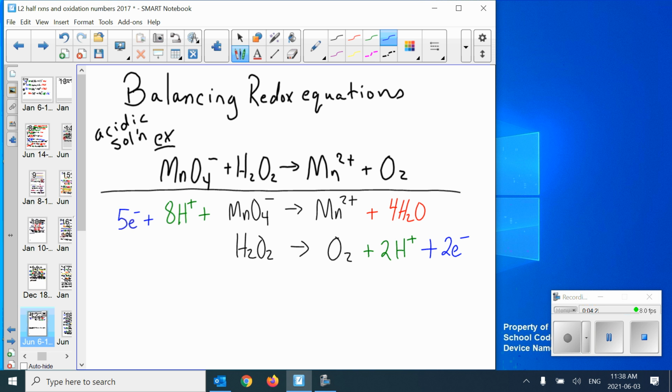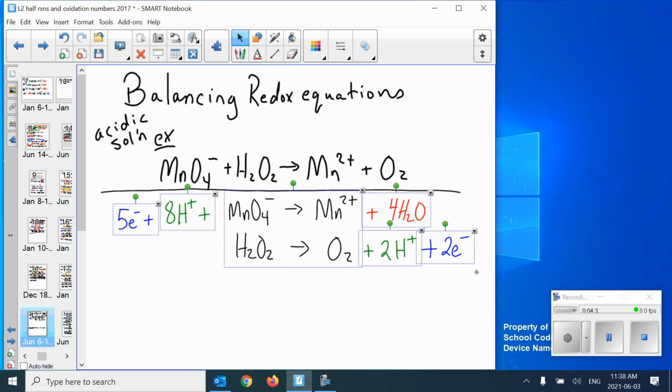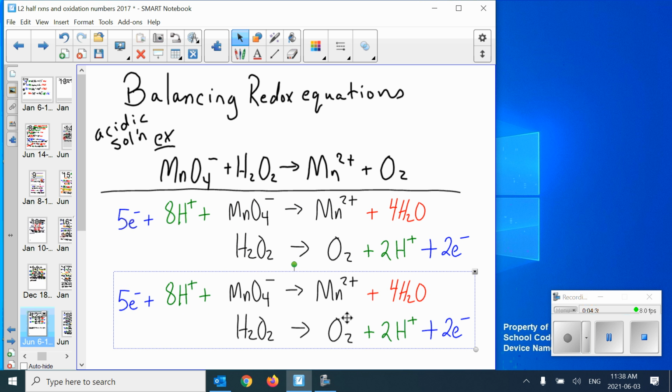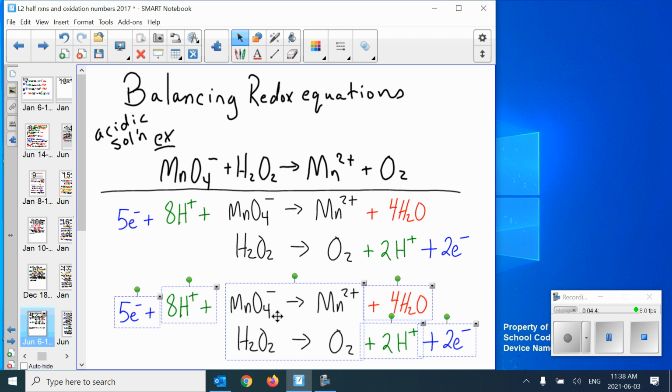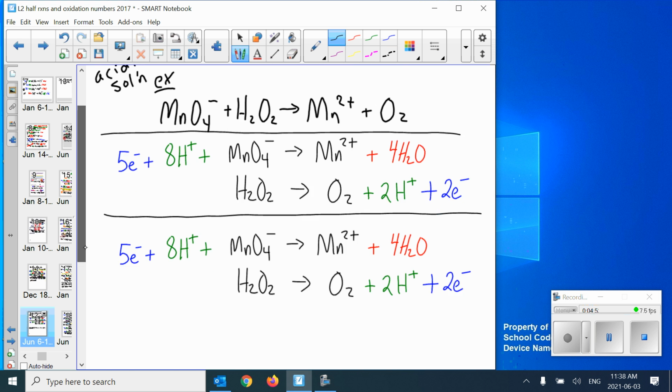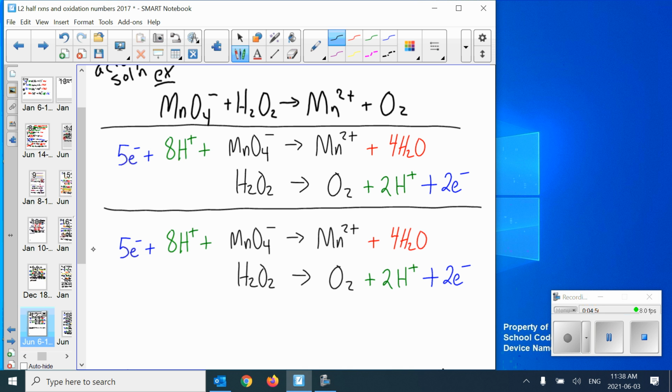Ready to add these equations up, almost. Just so it doesn't get as messy, but we can still refer to this, I've copied and pasted and just rewritten this. Now, divide this up. Step 5 says add the 2 half reactions, canceling out and combining repeated species. You should not have any electrons left after you add them up. You may have to multiply half reactions to match electrons from the reduction and oxidation half reactions. By the way,